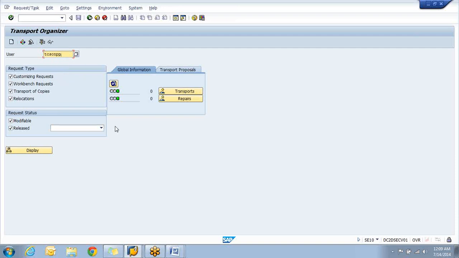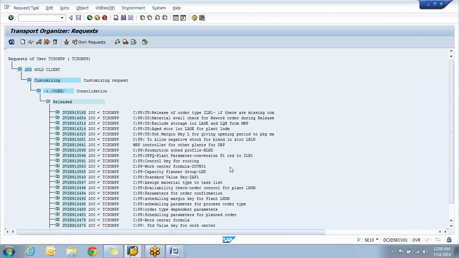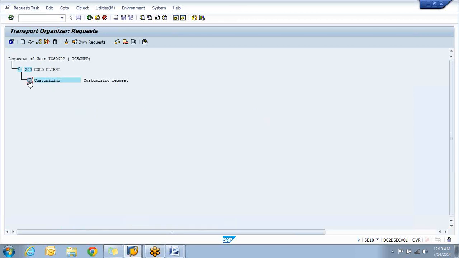So show me for this particular user how many are there, both modifiable, released, transportable, customization request, everything. Okay, so these are all the transports. You see that they're all released, obviously. They're all customization,